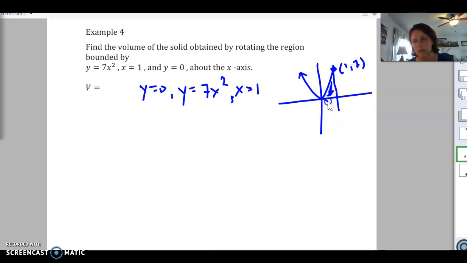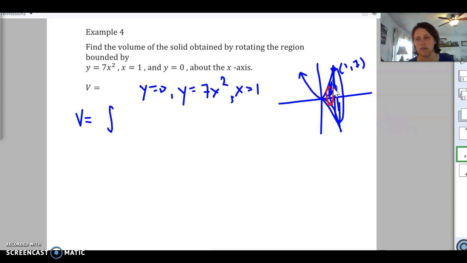And then we can reflect that down here and show that we are rotating that around. It's kind of hard to do, but there we go. So we are going to rotate that equation around the x-axis. To do that, we need to find the volume of this solid. So the volume is going to be the integral of the area of one section. So let's pull out one section